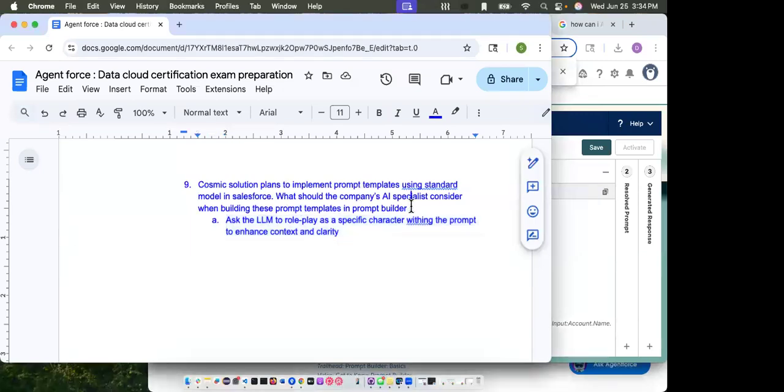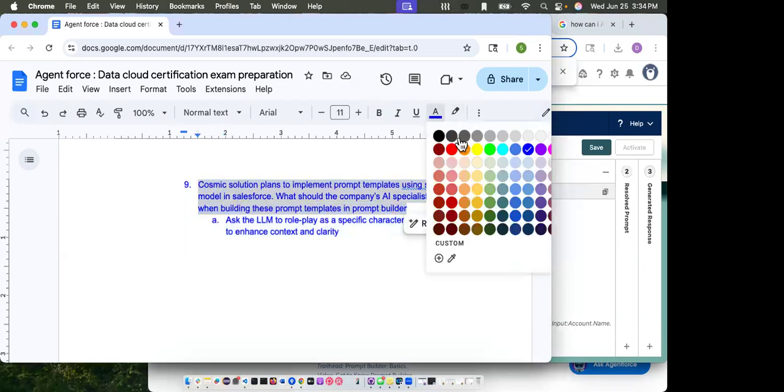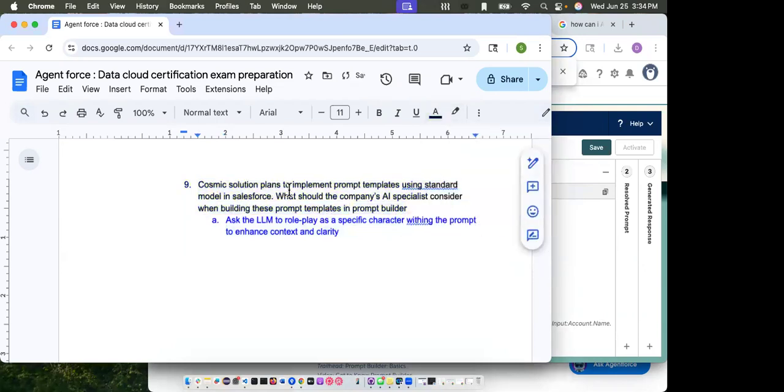All right. So now another question, and this is about a Cosmic Solution plans to implement a prompt template. It plans to use a standard model, and what should the company AI specialist consider when building this prompt template in the prompt builder? And the answer is that ask LLM to role play as a specific character within the prompt to enhance the context